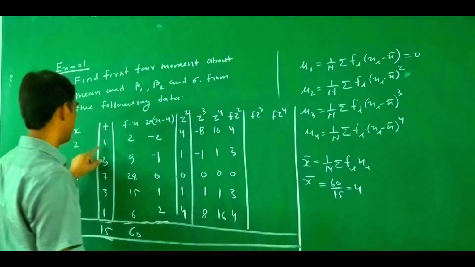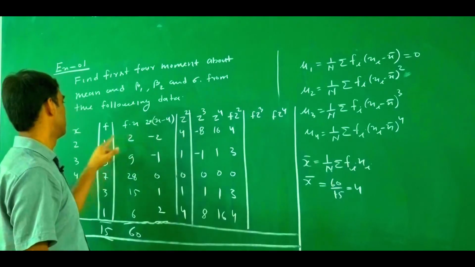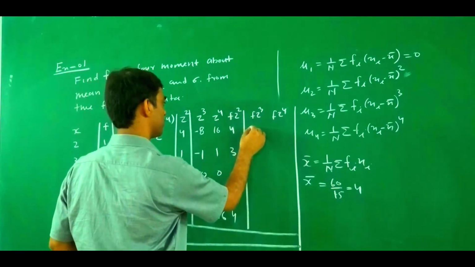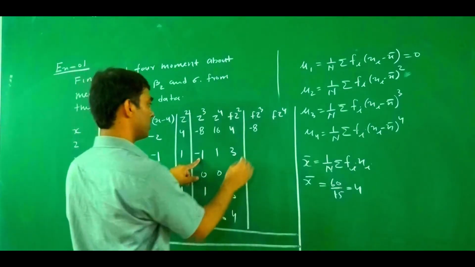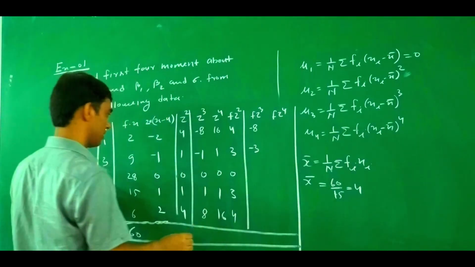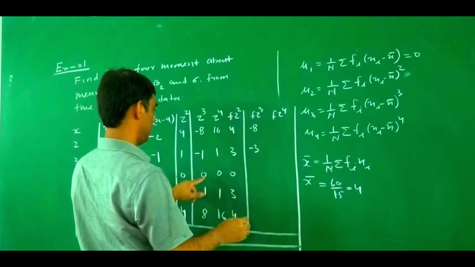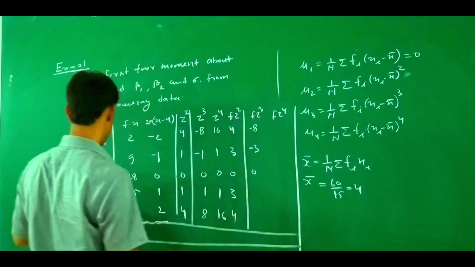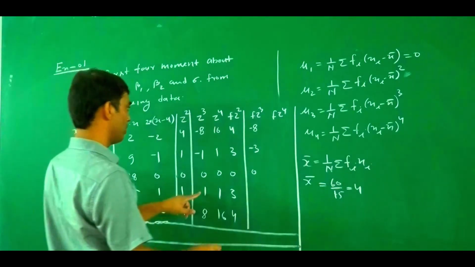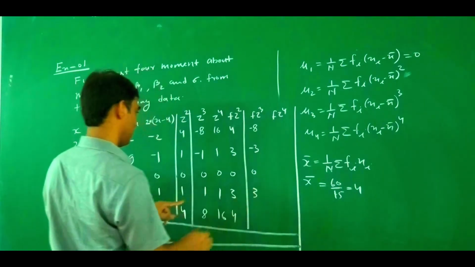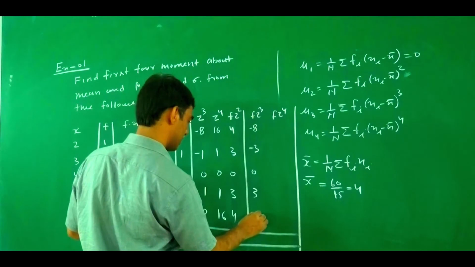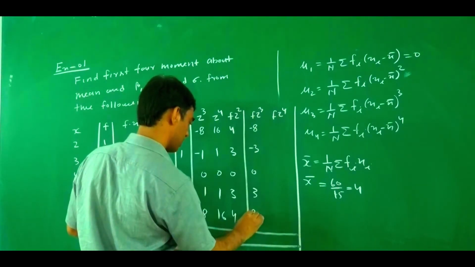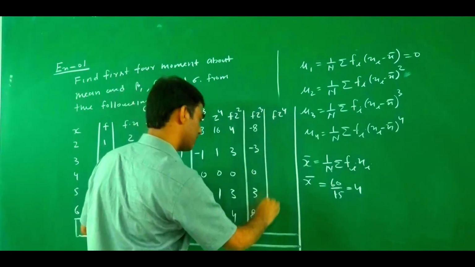The next one we multiply f by the z cube. So 1 minus 8, this one is a minus 8, and 3 minus 1, this one is a minus 3, 7, 0, this one is a 0, and 3, 1, then this one is a 3, and 1, and this one is a 8, this one is a minus 8, this one is a plus 8. And if you multiply it by the last one